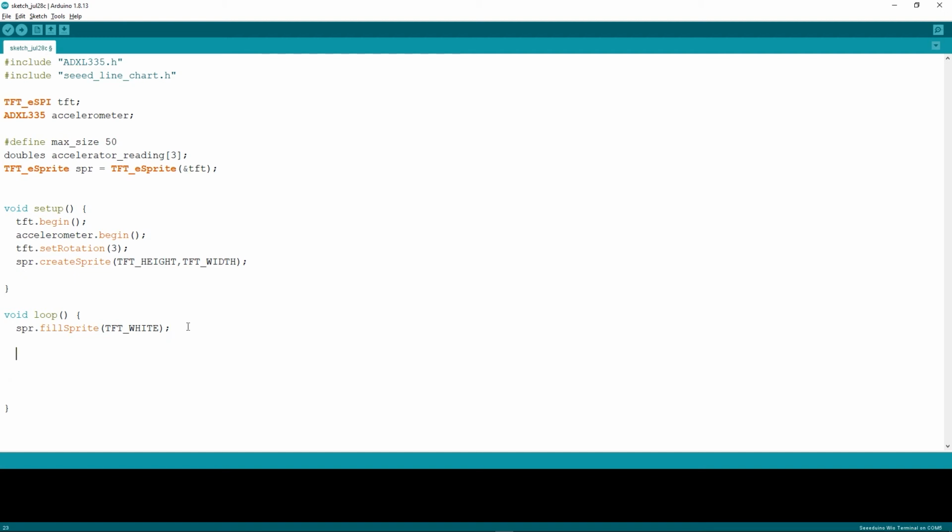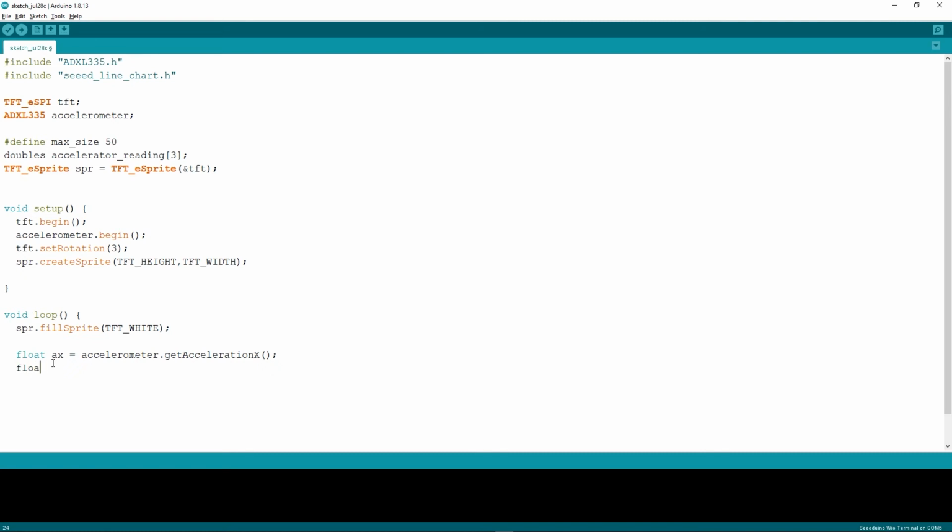And then let's set the variables to get the acceleration data. So I will set it as float data type, ax equals accelerometer.getAccelerationX. So this will save the x direction acceleration data into ax.